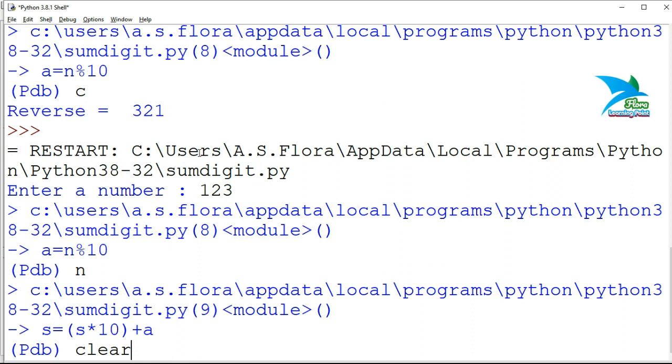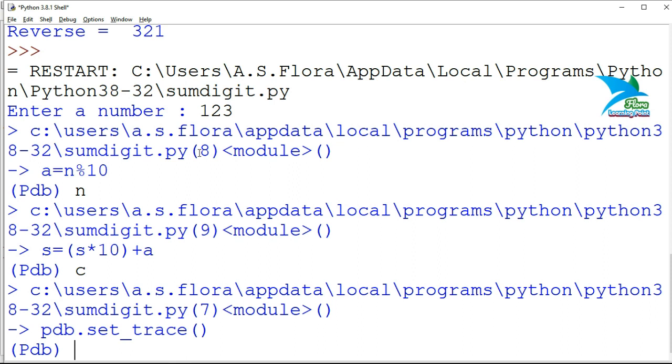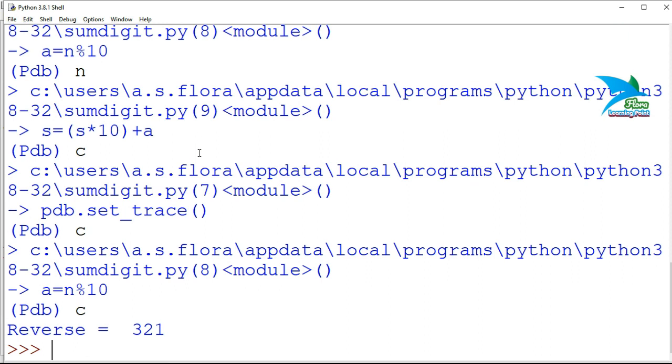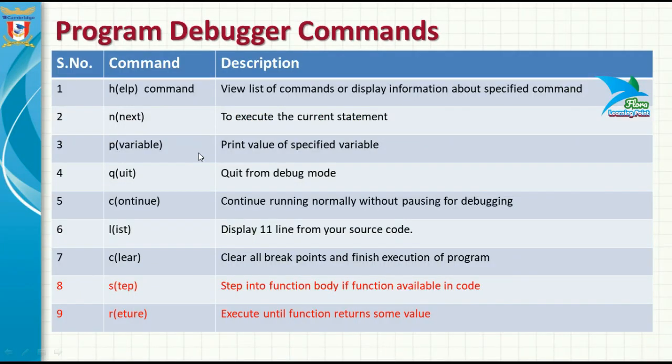Presently we have only one breakpoint. So I have pressed N, the next line executes. Now I want to clear, so I'll specify clear or C only. The next trace point shows and the next statement, and after that it will complete the execution of that program. So it will not show you every step next time. It will just complete the execution of the program and clear all the breakpoints that you have set in that program.